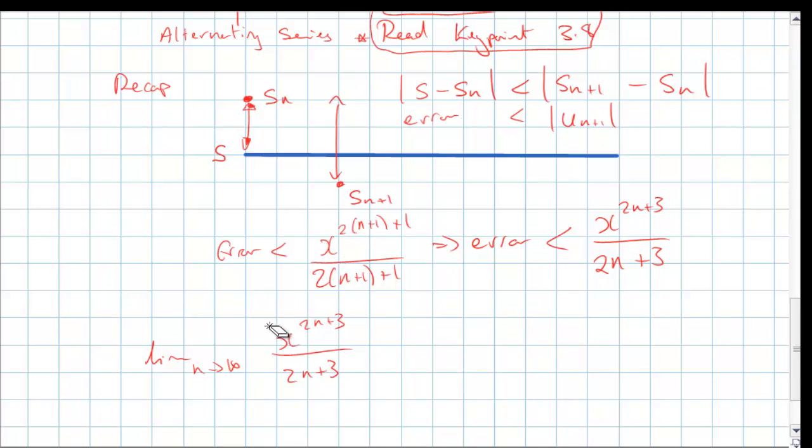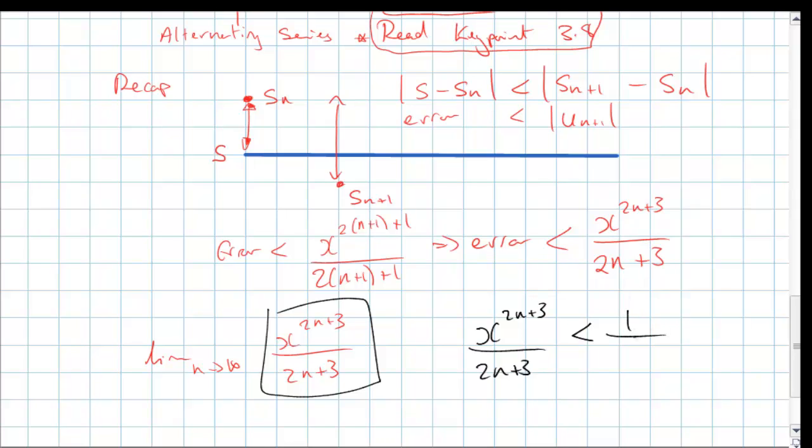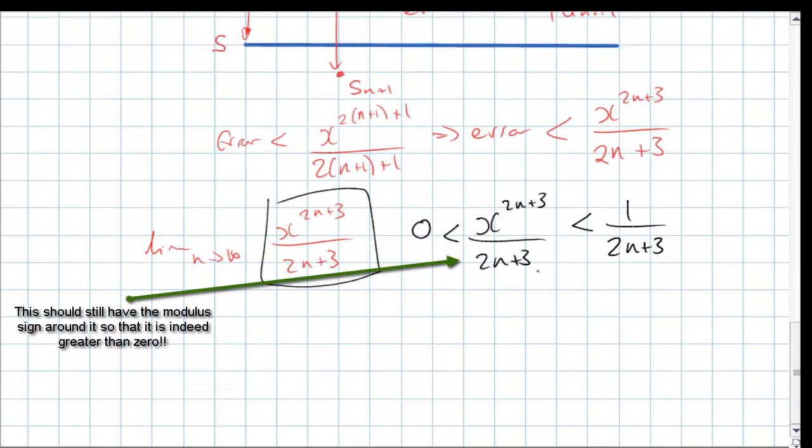We can now look at this part here and we can note the following: that x to the 2n plus 3 over 2n plus 3 will always be less than, well, x is a value, as we showed in the previous part, such that its magnitude is less than 1, and a number less than 1 raised to any power will always be less than 1, so we can make this claim. And then furthermore we can see that it is always going to be positive, so we can make this claim, and then we can say by the squeeze theorem,